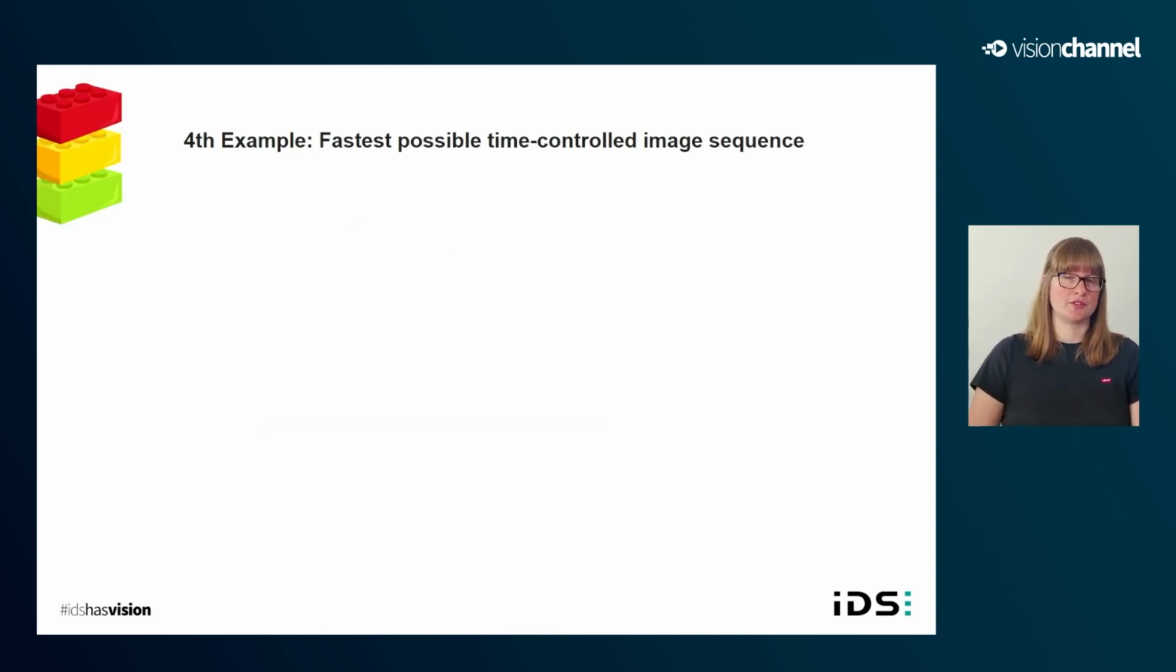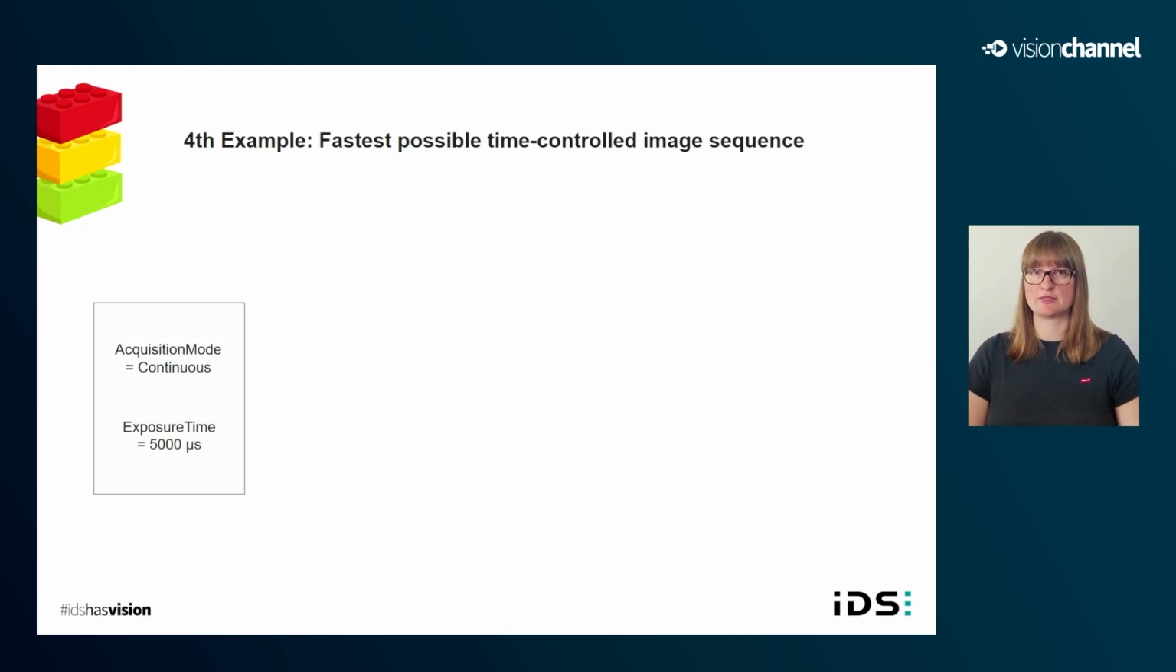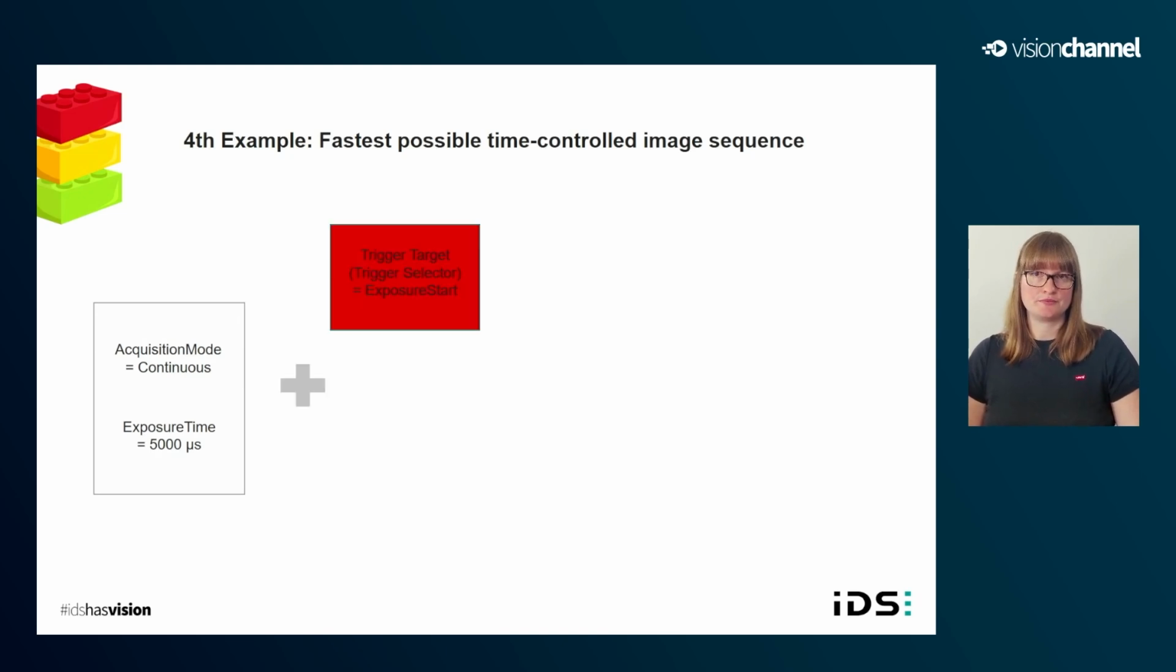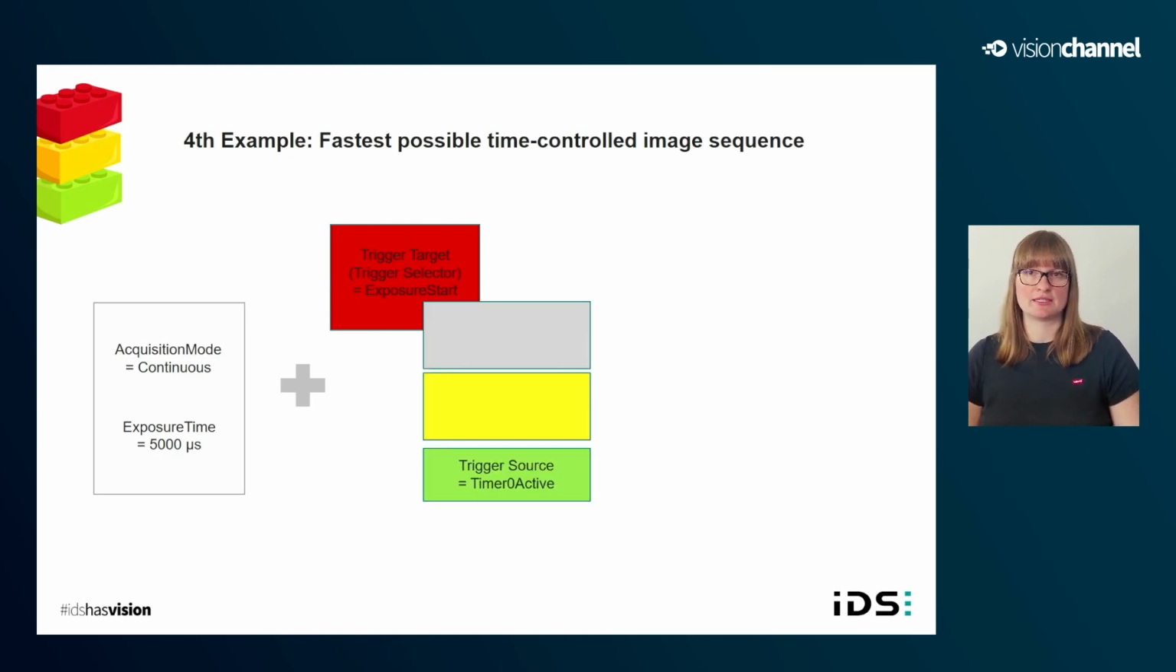Let's switch over to the configuration scheme. We first need to define the acquisition mode to continuous and our exposure time. The exposure of an image should be triggered as fast as possible as long as the timer is active. So we put the trigger mode for exposure start to on, and we select the timer 0 active as trigger